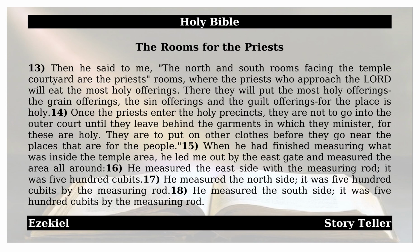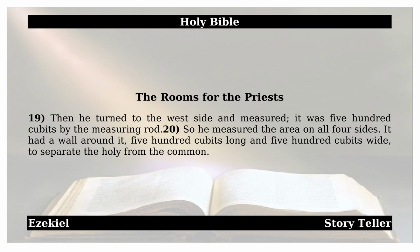Then he turned to the west side and measured. It was 500 cubits by the measuring rod. So he measured the area on all 4 sides. It had a wall around it, 500 cubits long and 500 cubits wide, to separate the holy from the common,